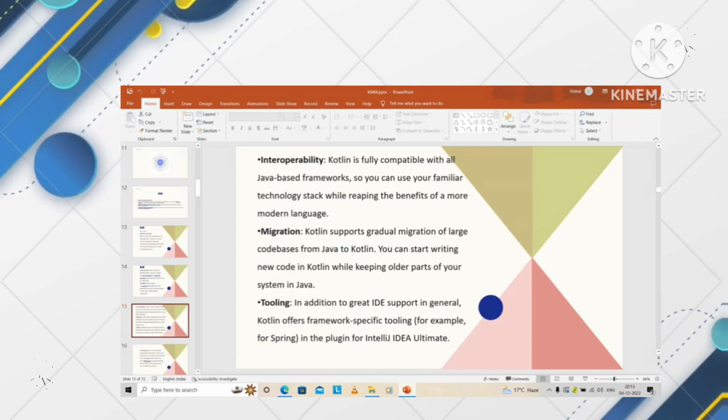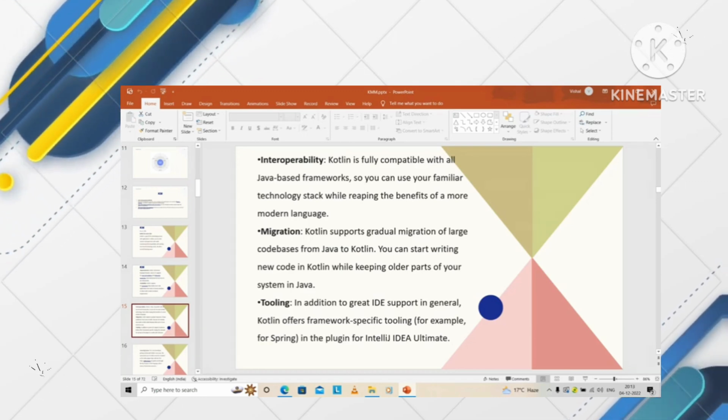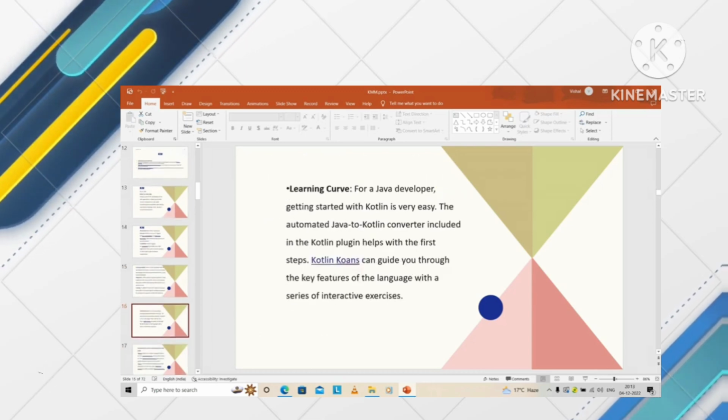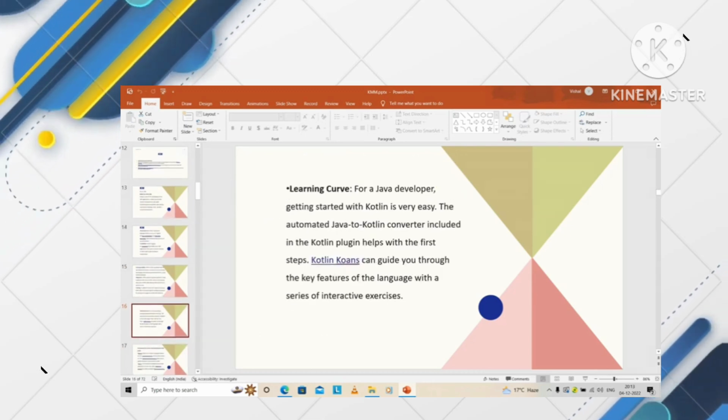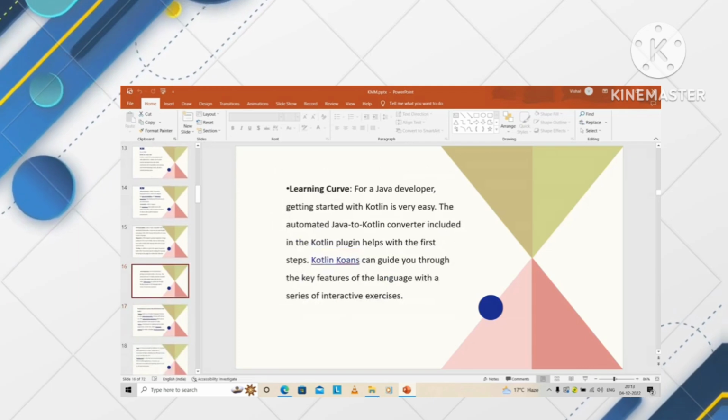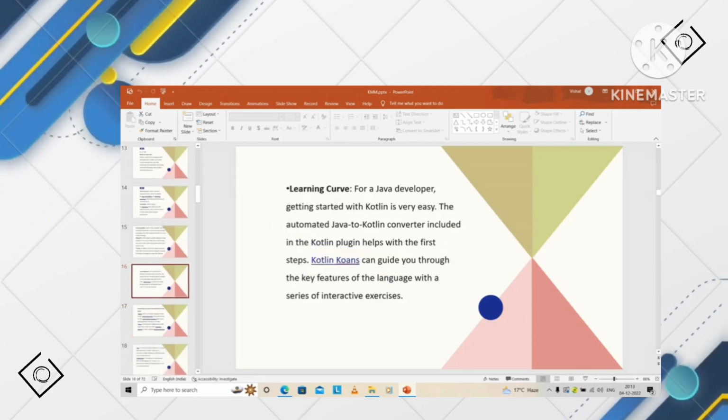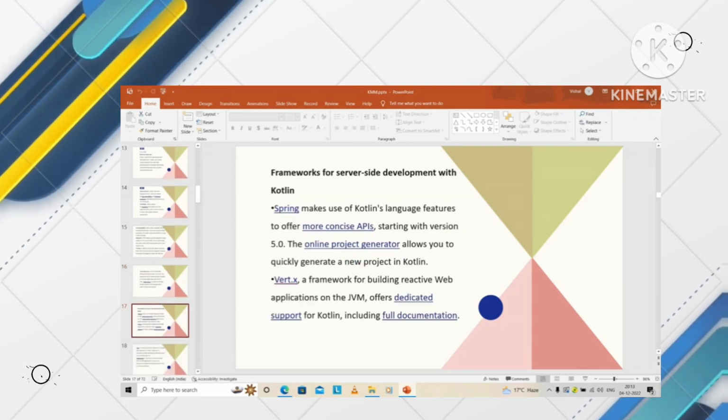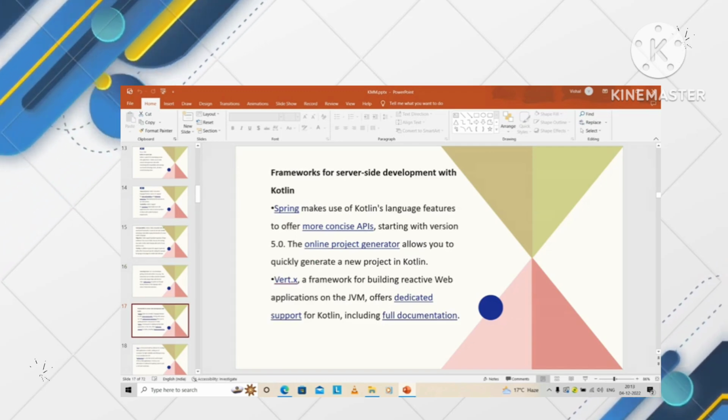interoperability, we have migrations, we have tooling. We will learn all of these, but not at this time. We'll discuss them later, and the learning curves too. Okay, so if we talk about the core frameworks of server-side development with Kotlin, we can use the